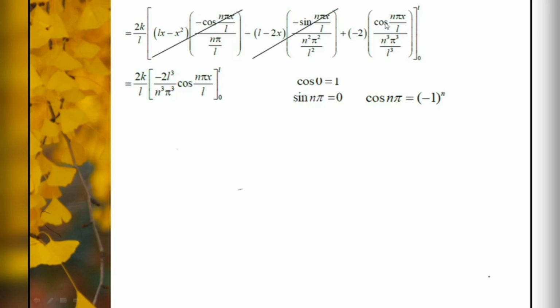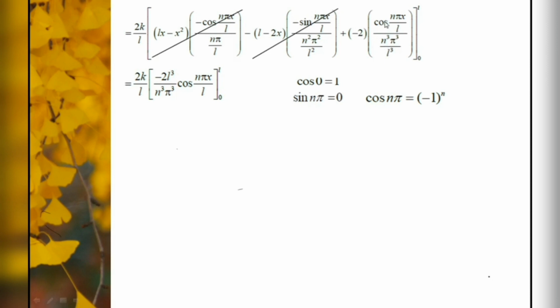Then minus of 2 into cos n pi L by L. So what I'll get is cos n pi divided by n cube pi cube divided by L cube. See, when I apply the upper limit, only the last term's value exists. And that is nothing but minus 2 into cos n pi divided by n cube pi cube by L cube. Now, we have to substitute the lower limit. For the lower limit, if you substitute x is equal to 0, both are having x. So, 0 into anything is 0. Here sin 0 is 0. So, we will have here a cos 0 divided by n cube pi cube L cube, and outside you have a minus 2.